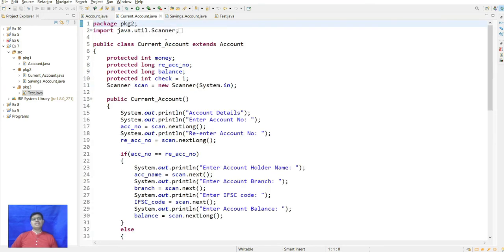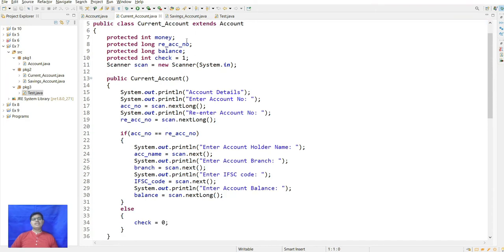In package 2, in the current account class, the fields are protected because they are used only inside the class. So here is int money, long account number, because we have to verify authentication. Then check and balance in long.